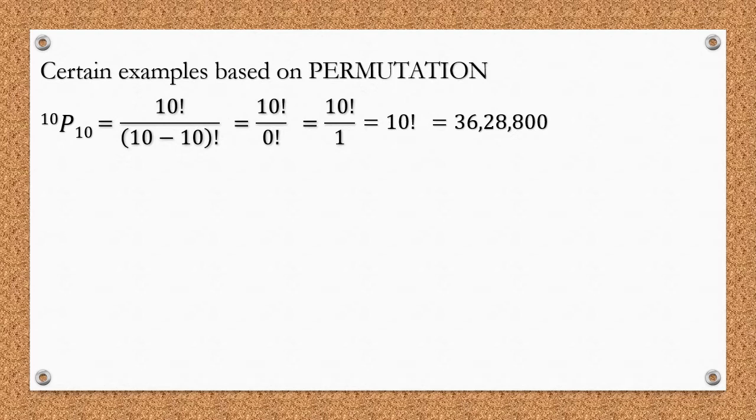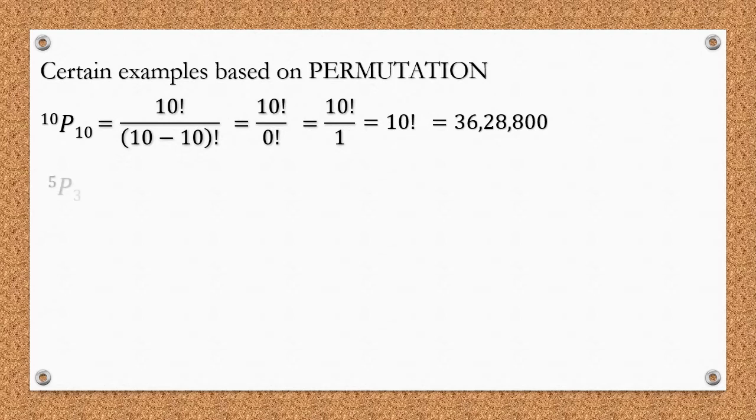So it basically means that if 10 friends are going to a cricket stadium, then in how many ways can we arrange these 10 people? So we have 36,28,800 different methods of arranging those 10 friends. Just forget about cricket stadium. 10 friends are going to a hotel, which happens. So how many ways can these 10 people be arranged on a hotel table?